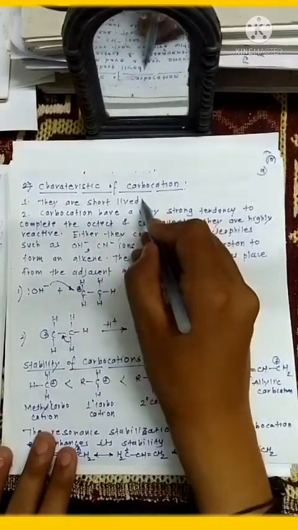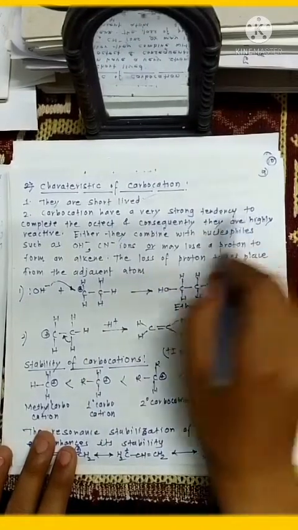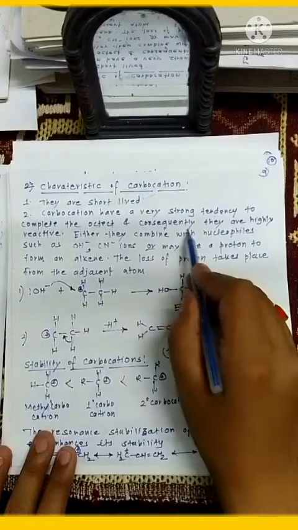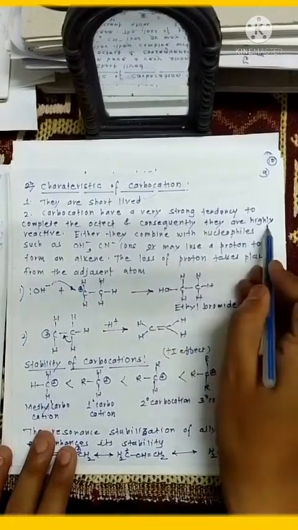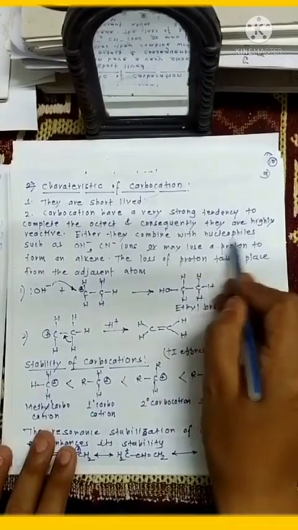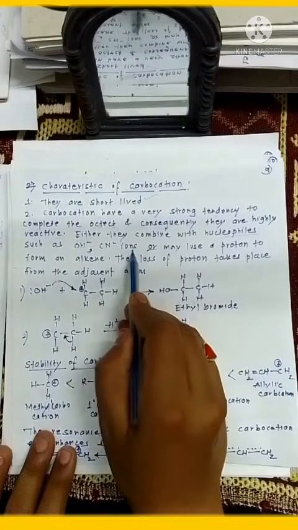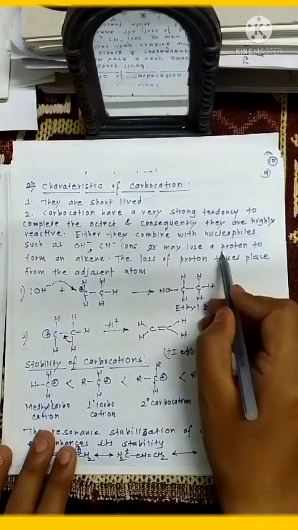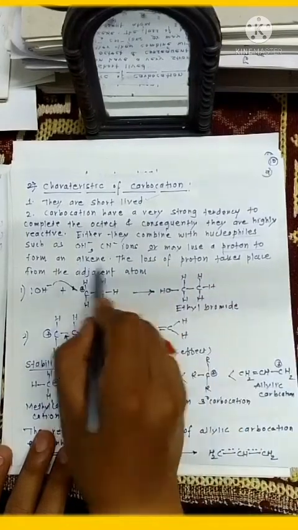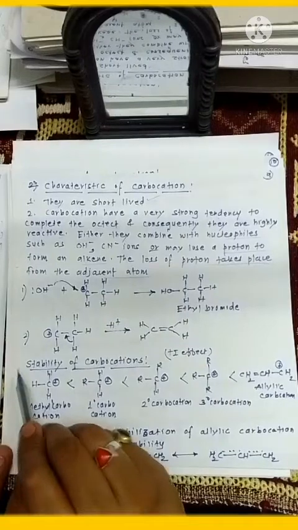They are short-lived species. Carbocations have a very strong tendency to complete the octet, and consequently they are highly reactive species. Either they combine with nucleophiles such as OH-, CN- ions, or may lose a proton to form alkene. The loss of proton takes place from an adjacent atom. So just see here,